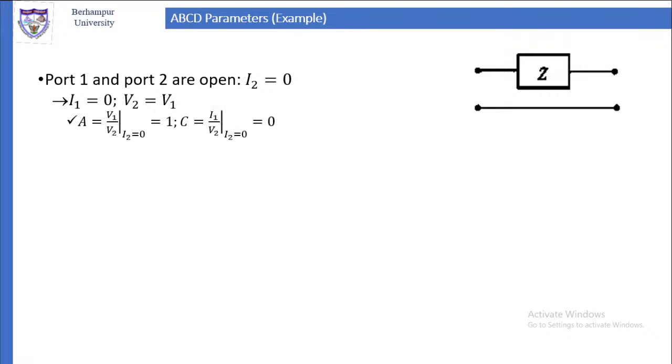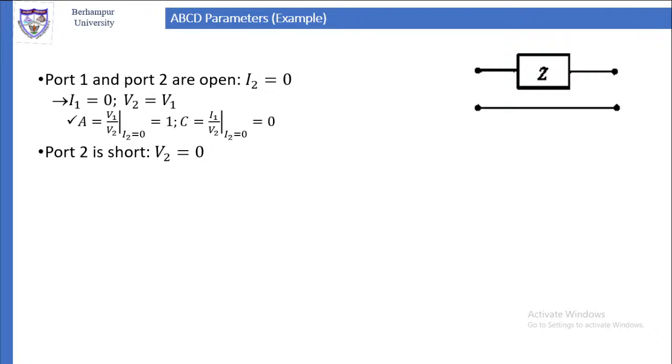Now V2 is equal to V1, that gives us A is equal to V1 by V2. When I2 is equal to 0, so A is equal to 1. Similarly, C is equal to I1 by V2. I1 is equal to 0. Therefore, C is equal to 0. Then B is equal to